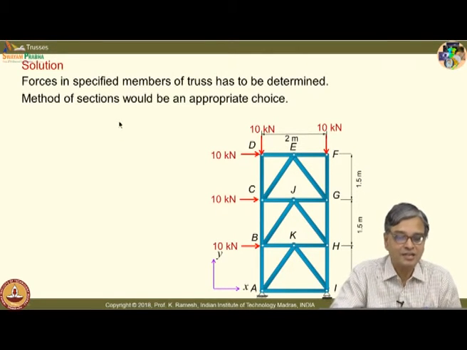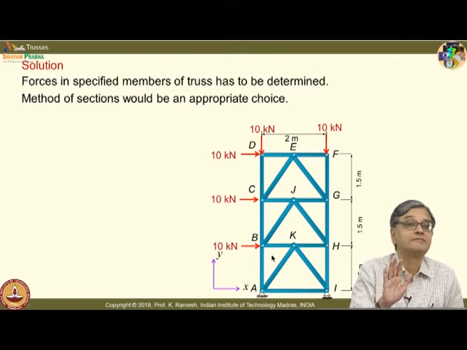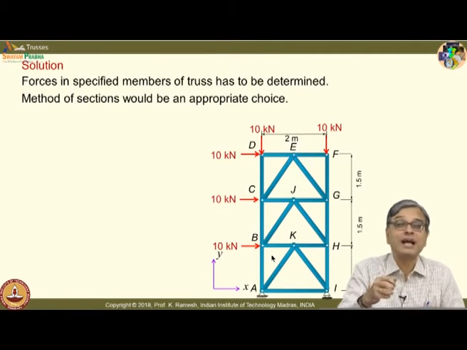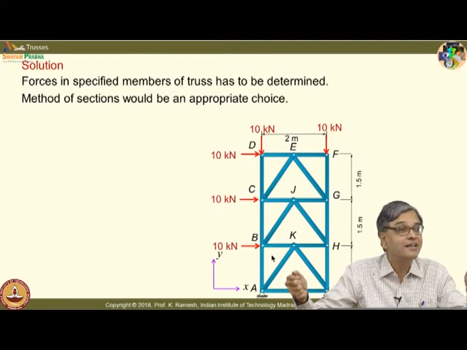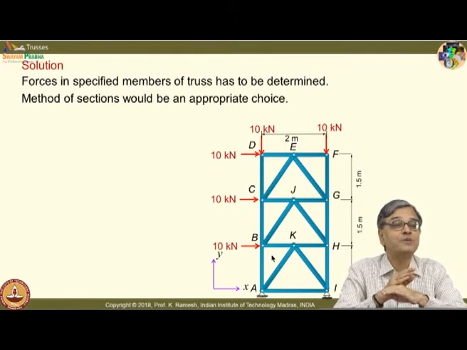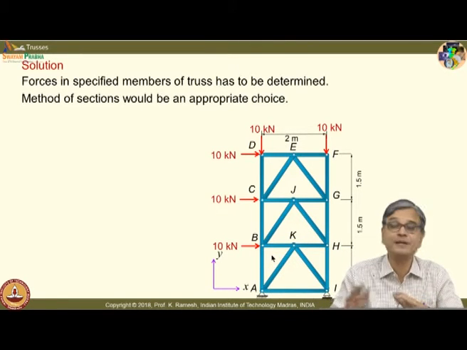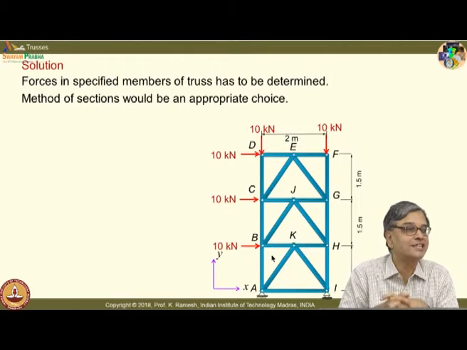Let me ask a question. We have to find out the forces on member BC, BJ and BK. Can I take a section and cut these 3 members? Do not do that, because by cutting only these 3 members, I am not going to separate the truss into 2. Whatever section I take, I should be able to analyze that as one free body, I should be able to analyze the other cut as another free body. It should be completely separated. Have any one of you figured out what is the section that you can think of?